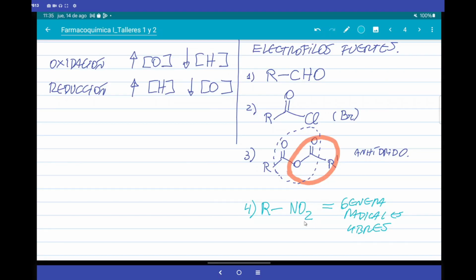The nitro group owes its toxicity to that, and that is why nitro drugs kill bacteria. Within a family called the nitroimidazoles, they serve to kill bacteria due to that toxicity, but that implies that they also cause damage to healthy cells, degrading them by oxidation. Very well.